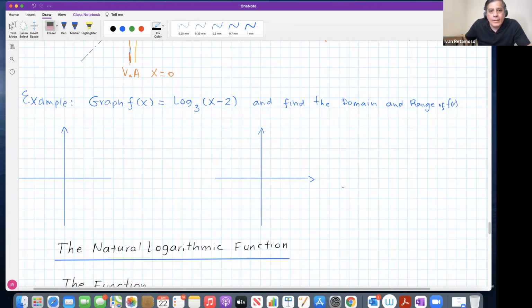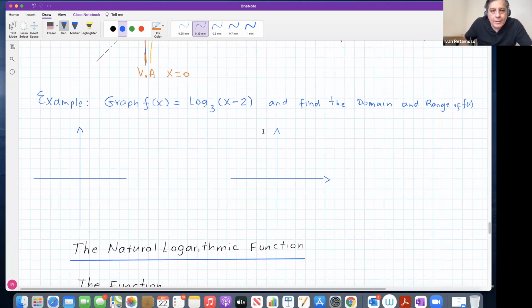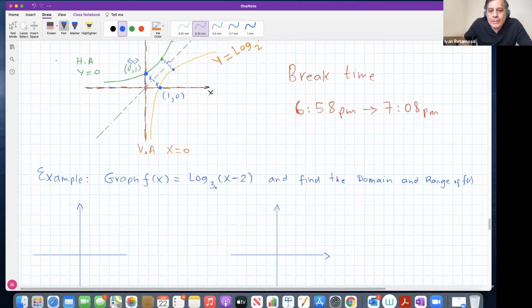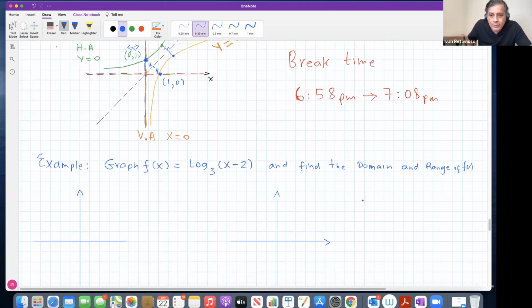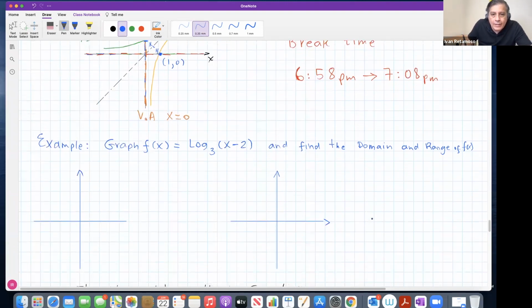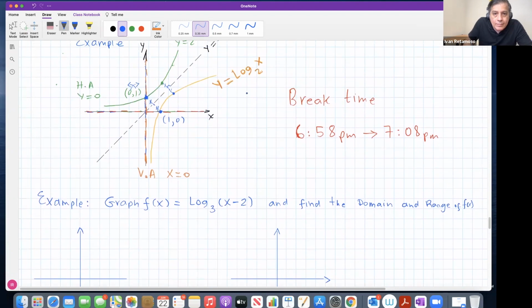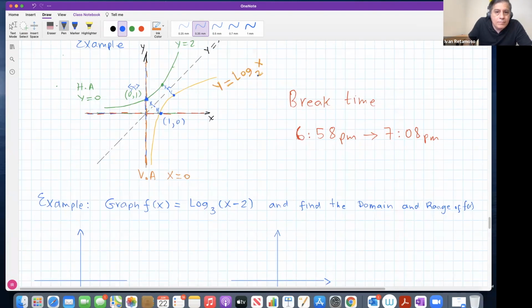Okay, guys, so here's an example. It says: graph f of x equals log base 3 of (x minus 2) and find the domain and range of f of x. This example is going to help you with your homework, so let's try to understand it. When you are asked to graph a transformation of this basic form, log base some number, in this case it was 2, but it could be 3, 4, any positive number,